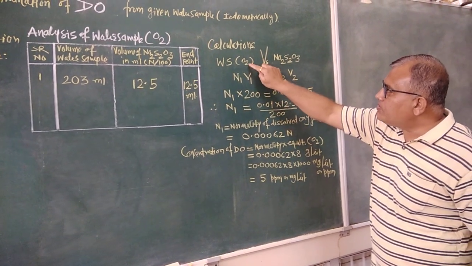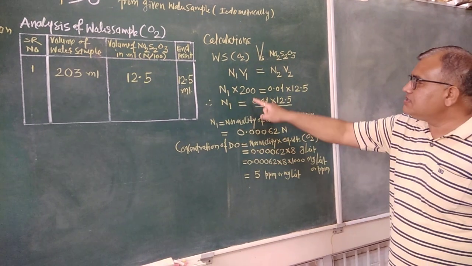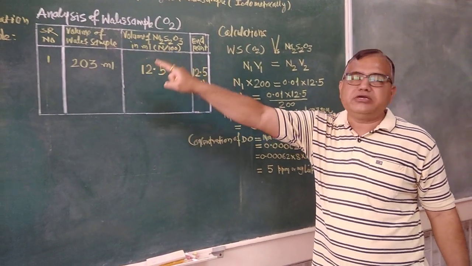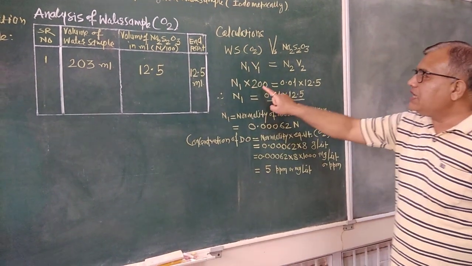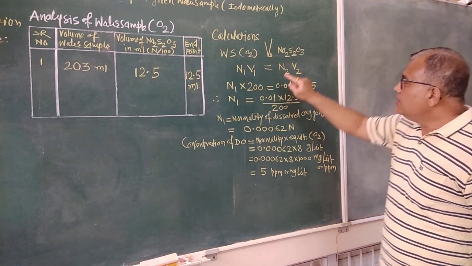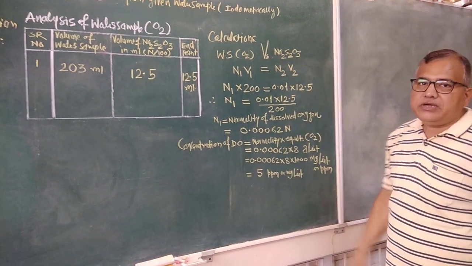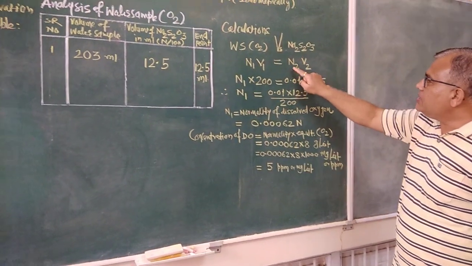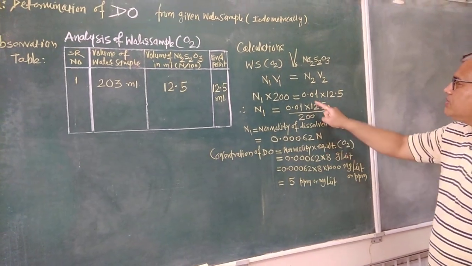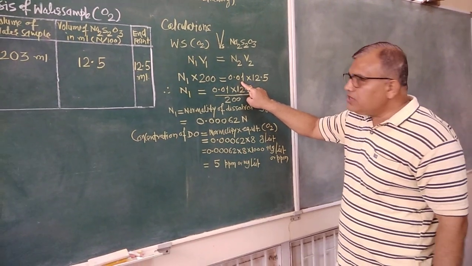V1 is the volume of oxygen taken for titration, and friends, it is 200. Don't take 203. For titration purpose you take 203, but for calculation purpose you take 200 because it is equivalent to 200. Then N2 is the normality of Na2S2O3, that is hypo solution, sodium thiosulfate solution,